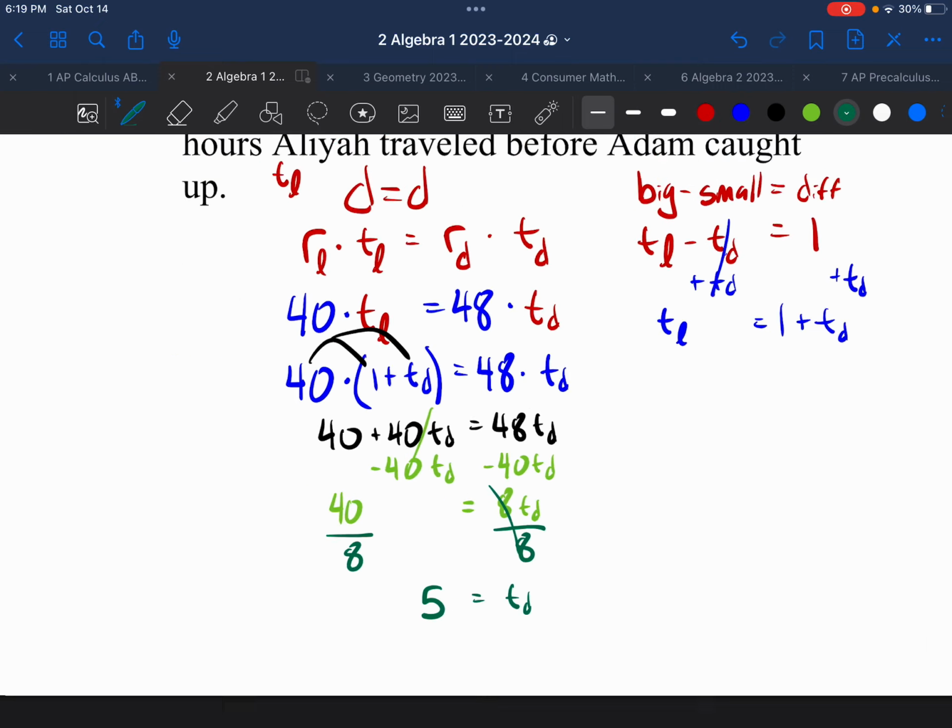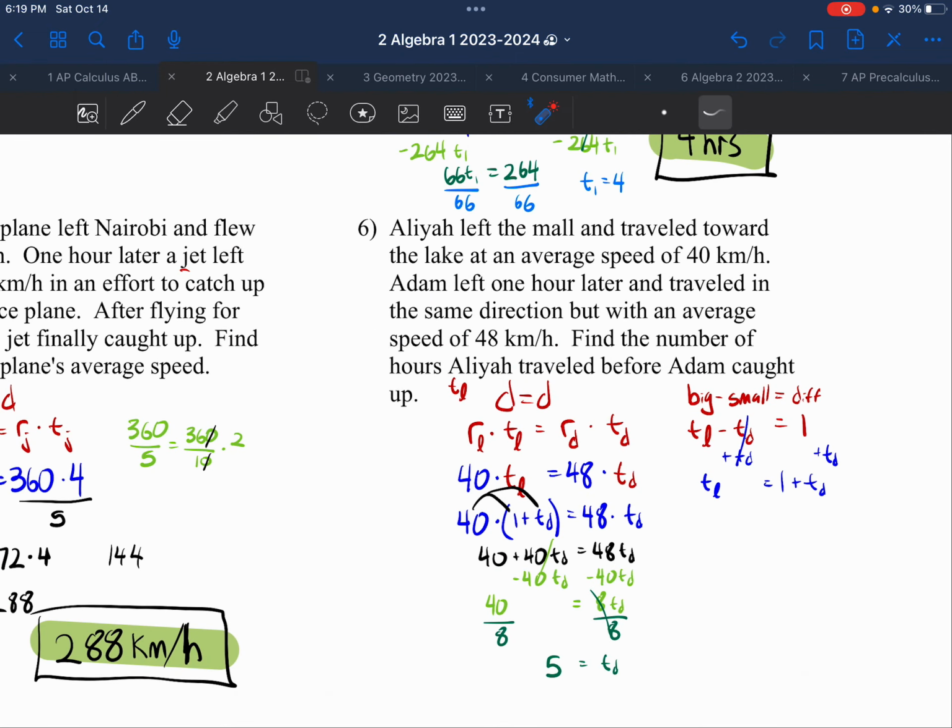Here is the problem. What were we asked to solve for? Were we asked to find Adam's time? We were asked to find Aaliyah's time. So this is great, but we need to do one additional step before we do our interpretation. Adam's time is 5 hours, but we know that we're trying to find Aaliyah's time. This 5 is TD, which means this TD is also 5. I'm going to plug in 5 here,